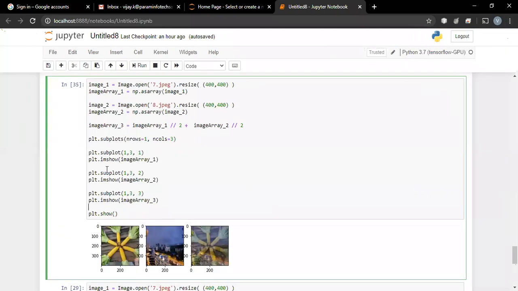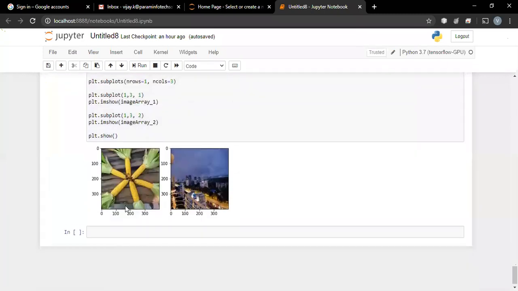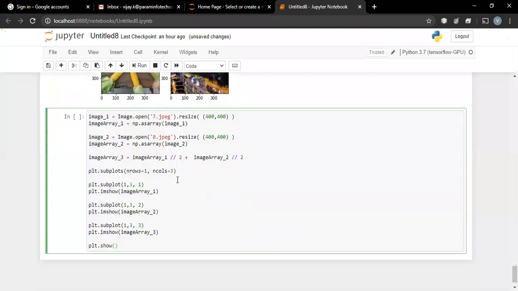What if I want to give different weightages to different images? So what I'm expecting is something like this. Let us say I want to give 30% weight to the first image and 70% weight to the second image while adding.